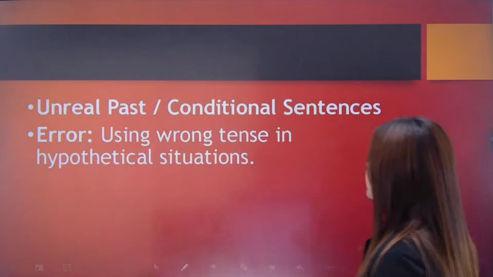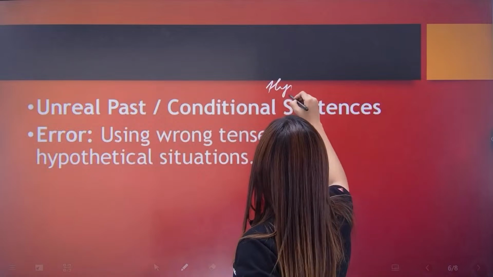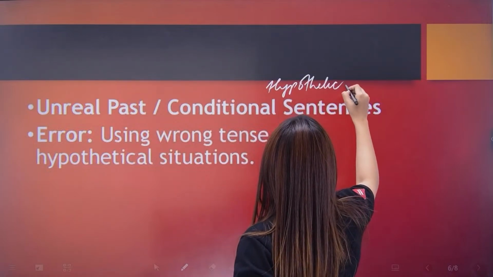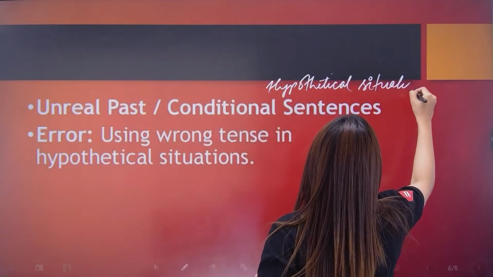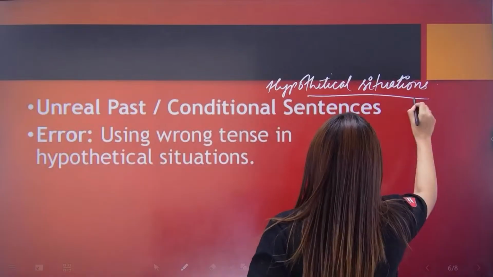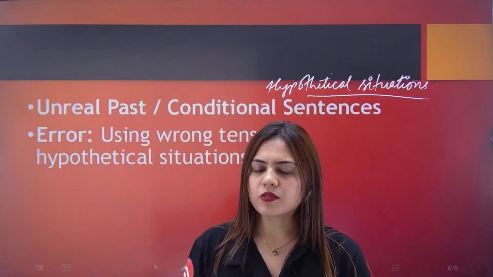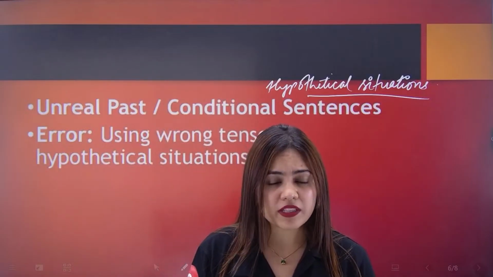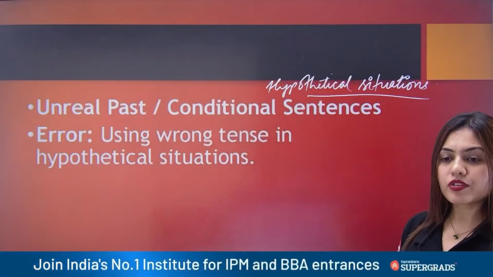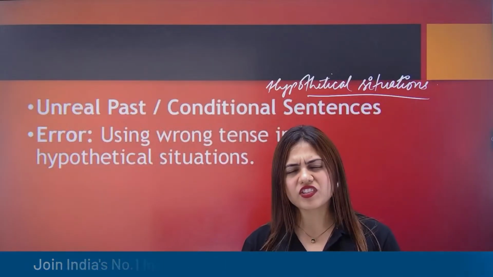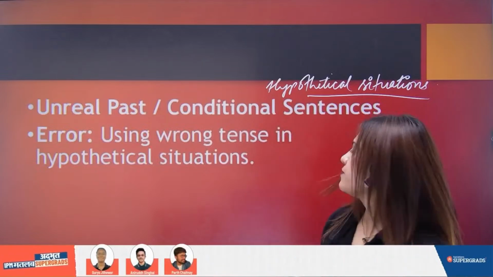unreal past conditional sentences. What does that mean? It means hypothetical situations. What are hypothetical situations? Those which probably will never happen. For example, can I become a fairy? No. Can I become invisible? No. But I am wishfully thinking about it. Right. So whenever you are wishfully thinking about something which is unreal, which is hypothetical, which is a figment of your imagination basically, for example, we can say,